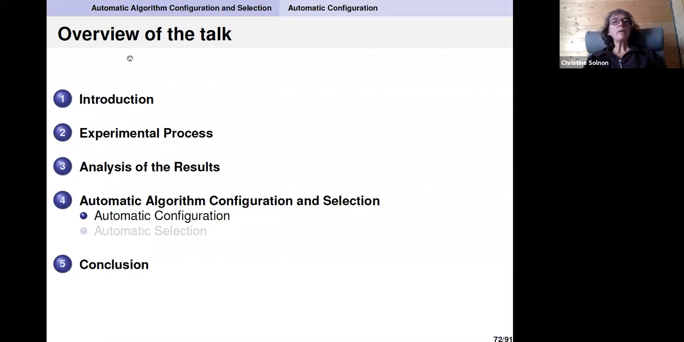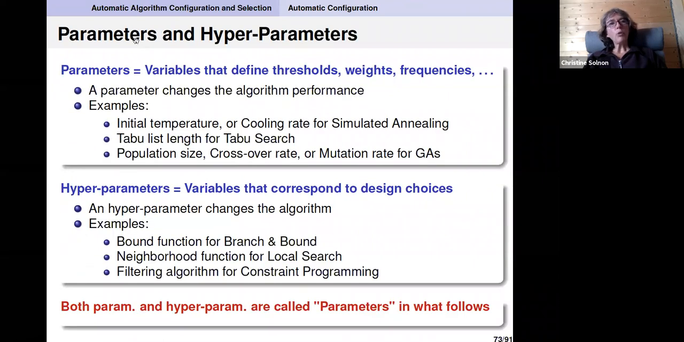So usually a program has a lot of parameters and hyperparameters. Parameters are the variables that define the thresholds, weights, frequencies, and they change the performance of the algorithm. For example, the length of the taboo list for a taboo search is a parameter. We usually also have hyperparameters, which are variables that change the algorithm because they correspond to design choices. For example,